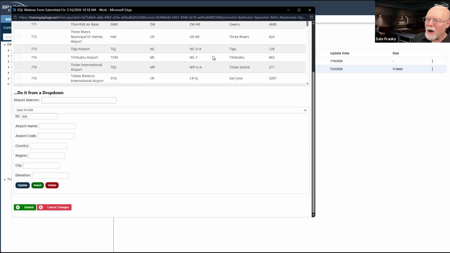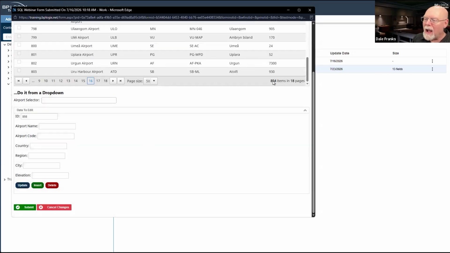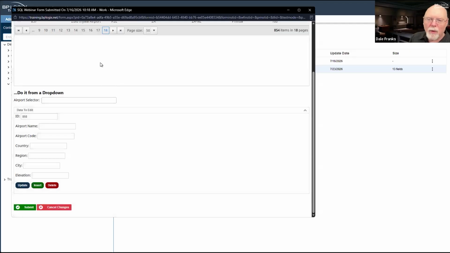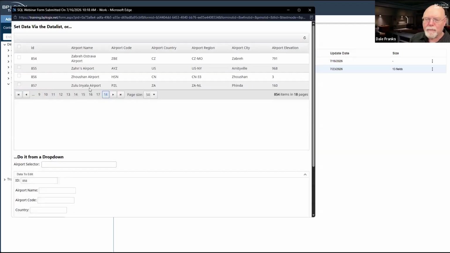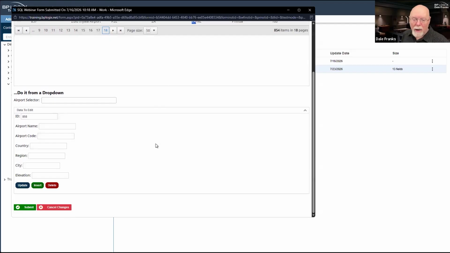I will say okay, and I am back to 854 items and 18 pages. So I now know that I have deleted the appropriate airport, and my very last airport is again Zulu Inyala in Zaire, apparently. So there we go. My delete worked. I got rid of my data. I'm a happy camper.